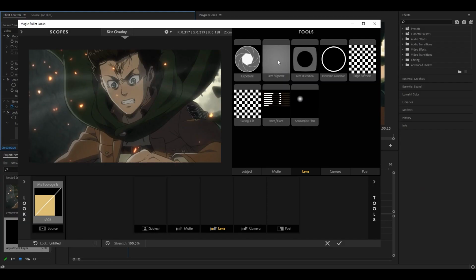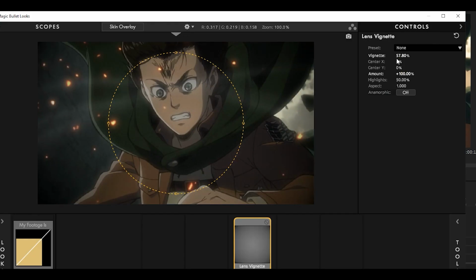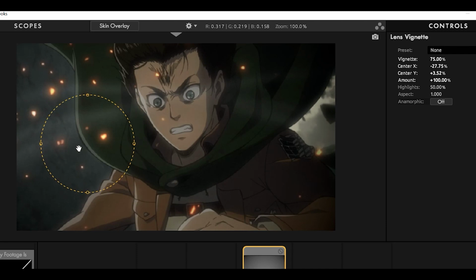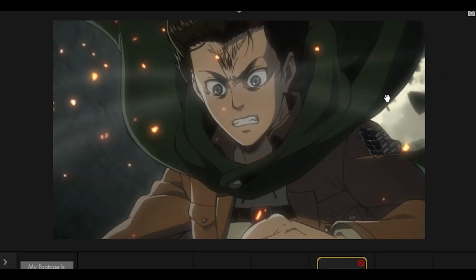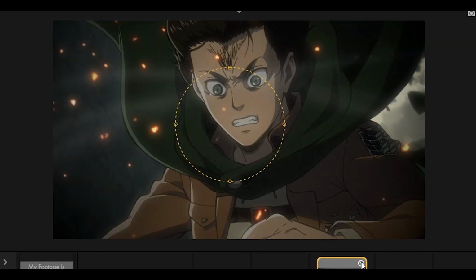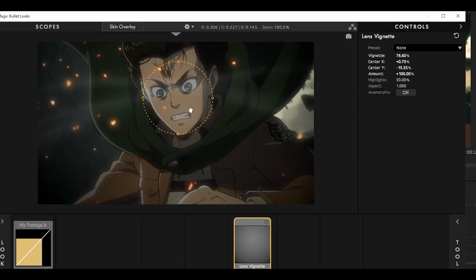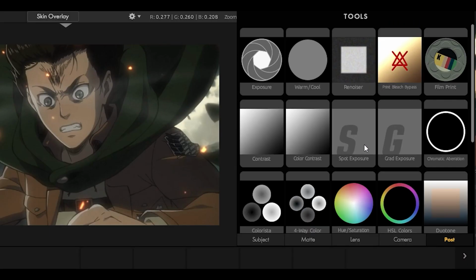Lens Vignette, one of my favorite effects. Turn up the amount and also the vignette. This really does help put focus on a specific spot. Before adding the vignette, we can see the character, but it's not really focused on him. But adding it on, it kind of covers the edges. It's similar to the exposure effect that I showed previously, but other than that, that's pretty much all the effects